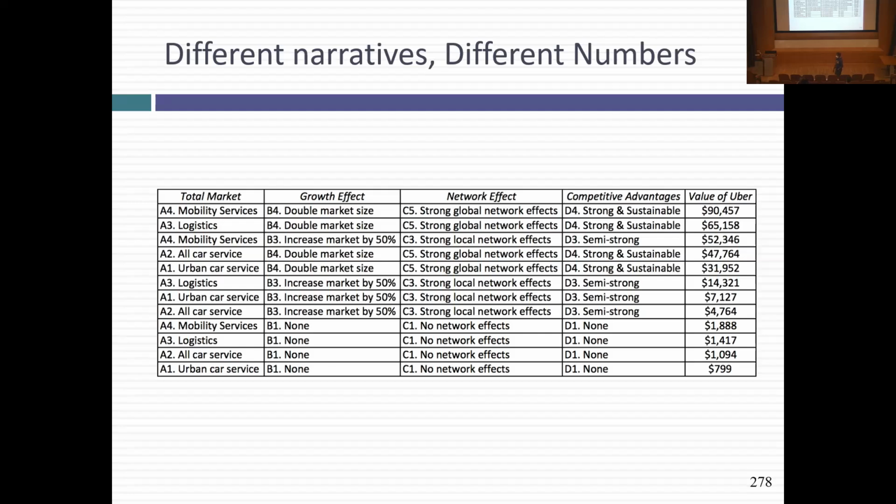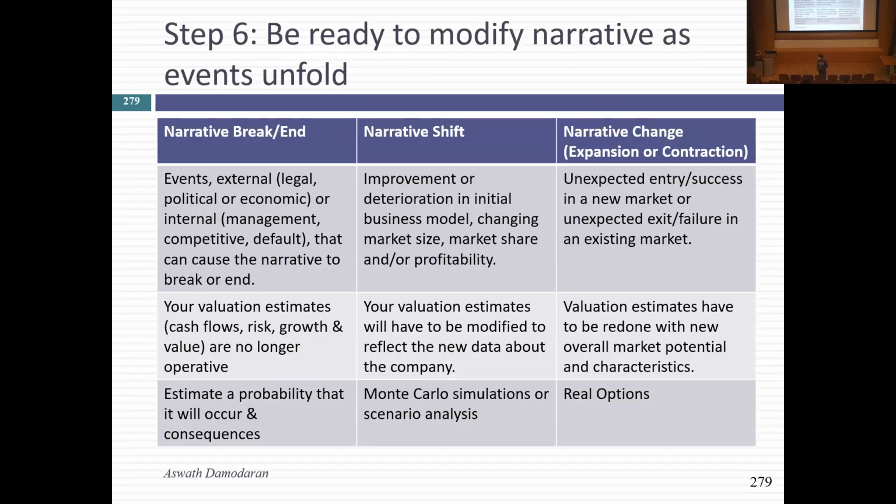You pick your story. You pick the competitive advantage. You pick the fact whether it's local or global networking benefits. And I'll value the company for you. So essentially, I'll create the framework and you can change your story and you're going to see a value shift. And guess what? Based on the story, the company could be worth less than $1 billion or over 90 billion. Doesn't mean that all of these stories are fair stories. Some are clearly much more plausible than others, but you can see how stories can lead to very divergent values.